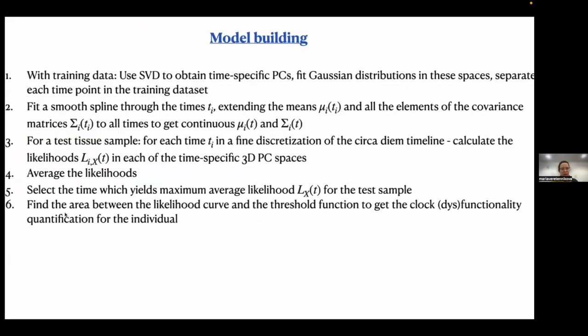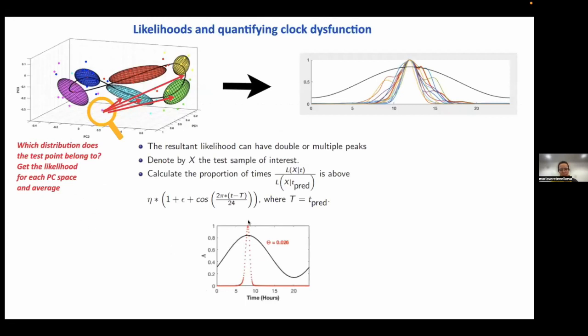And then after that, what you do is, for example, imagine this is your average likelihood curve, normalized because you divide by the maximum. And basically you look at the area between this and this threshold function. So in a standard statistical test, you would probably take some constant and assess whether your test statistic is greater than or equal to a specific number. But in this case, instead of having a number, we have a function, which is a cosine function.